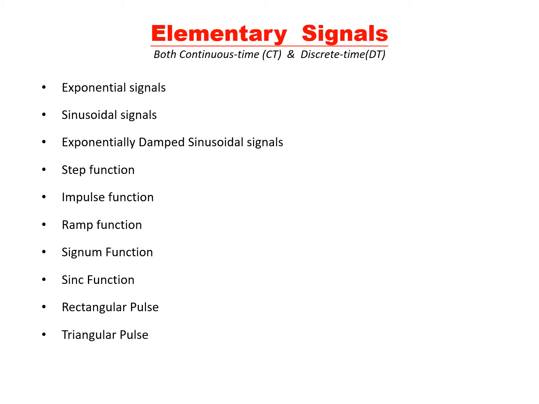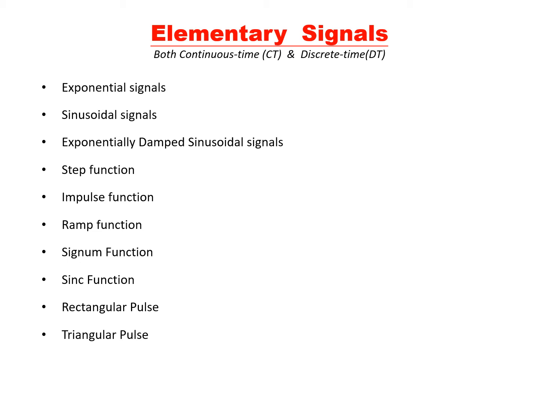Welcome back to class 3 part 2. In our previous part we discussed a broad classification of signals based on how they are defined in time, as continuous time signal or function and discrete time signal or function. Now let us in this part study those elementary signals which we frequently encounter in signal and system